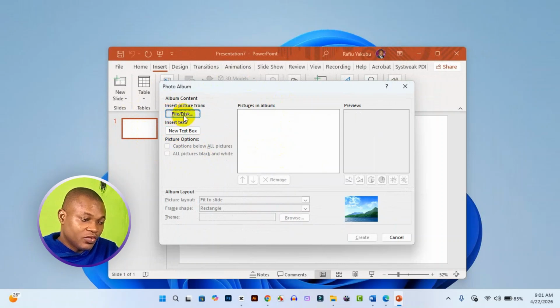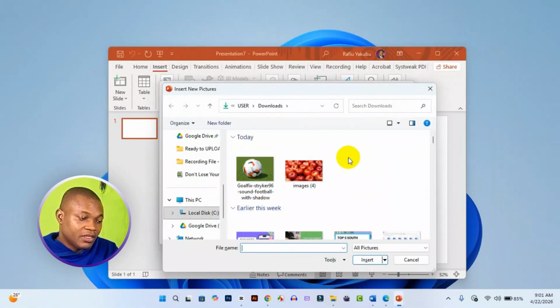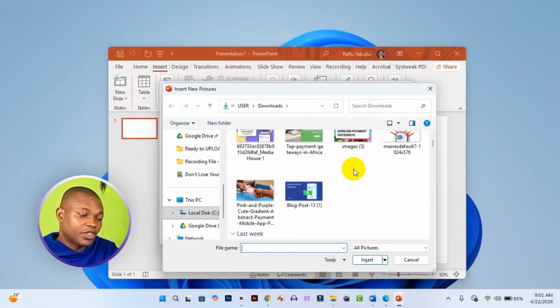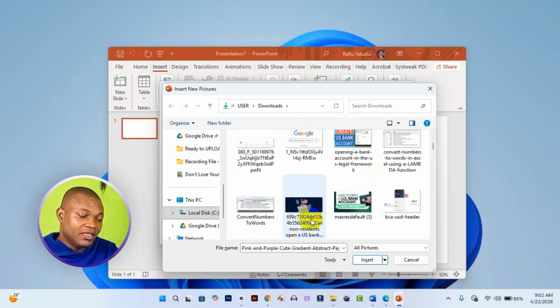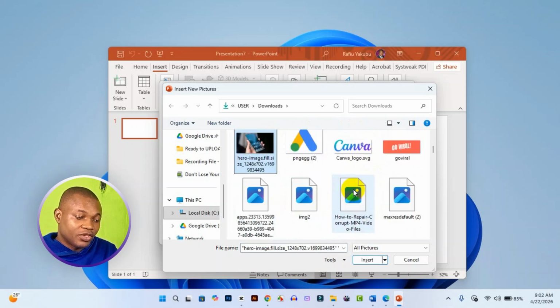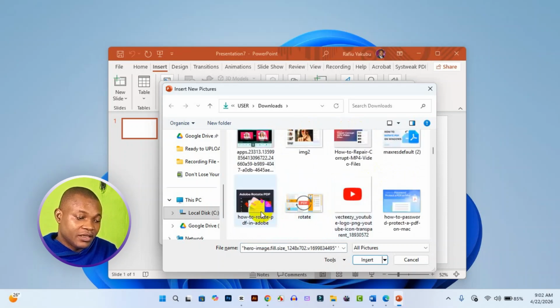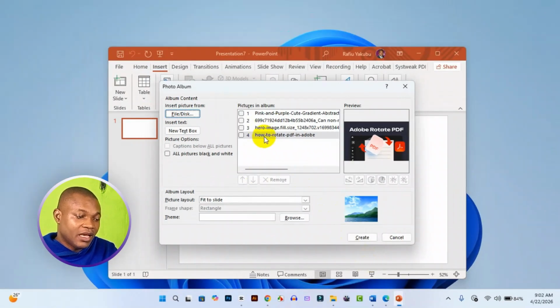Next thing you want to do is click on File or Disk. This allows you to select as many images as you want to create a collage for. So I'm selecting this image right here, and I'll press the Ctrl key down, select this, press the Ctrl key down and select this. I'll press the Ctrl key down and select this. I select about 4 different photos. Next thing we want to do here is click on Insert, and then we have all